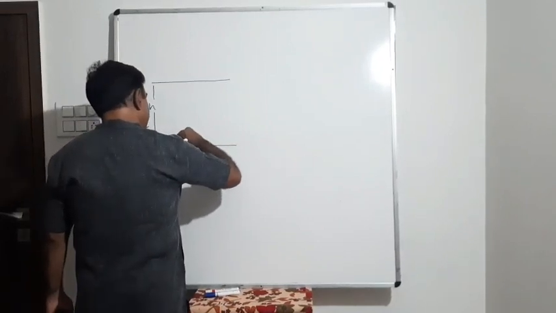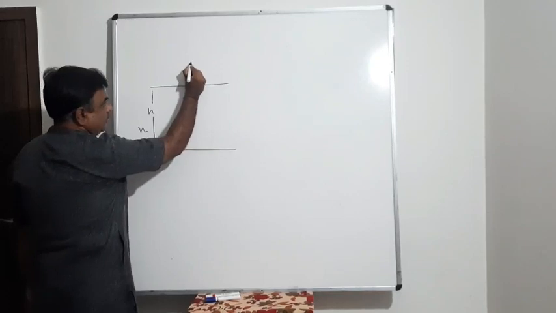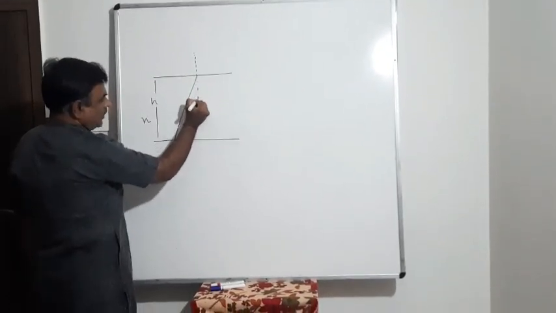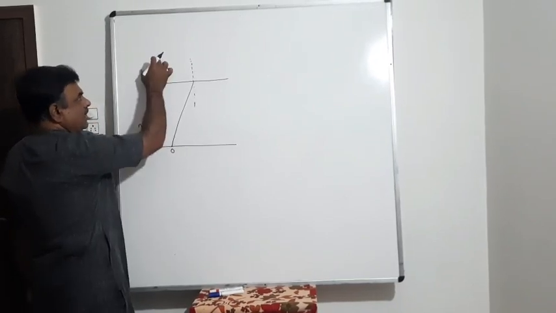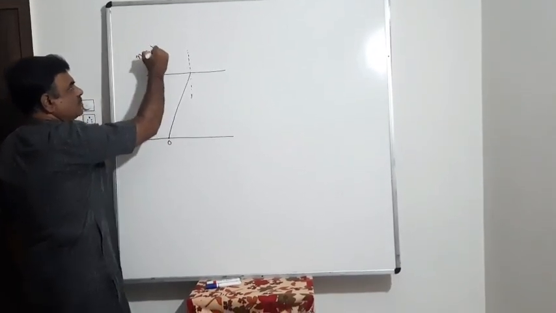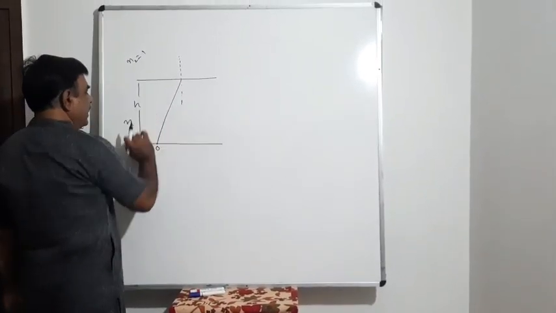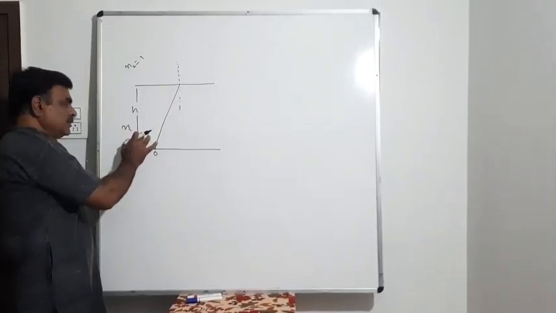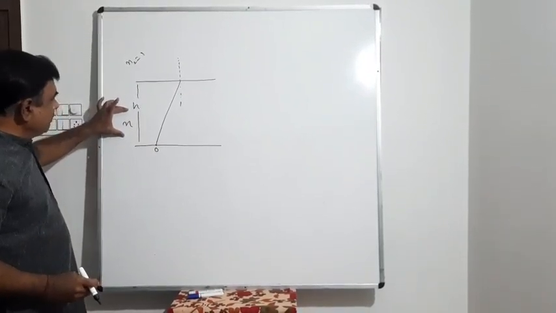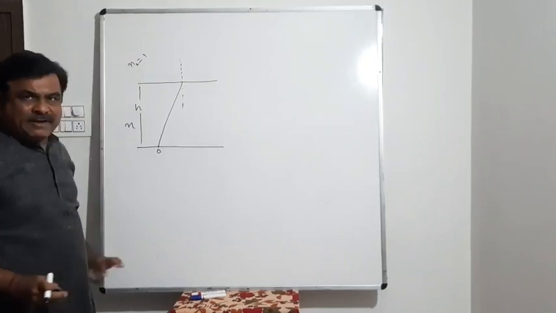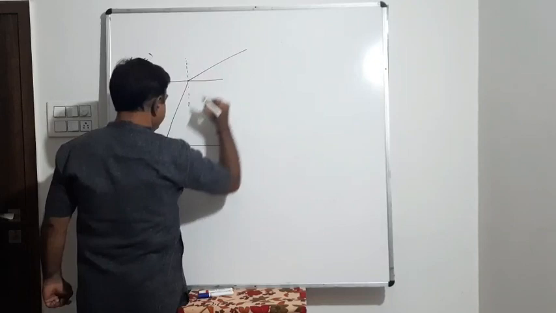Light ray from this point-like object is incident at the interface of the medium. This part has a refractive index, let's say n, and the upper part has refractive index n2, that is 1. Or in general, I can take this as one medium and this as the second medium. But for simplicity, I am writing this medium having refractive index n and this medium having refractive index 1. So naturally, light will bend away from the normal.